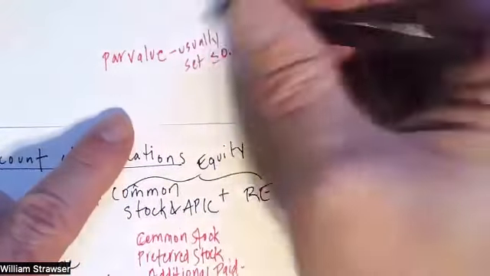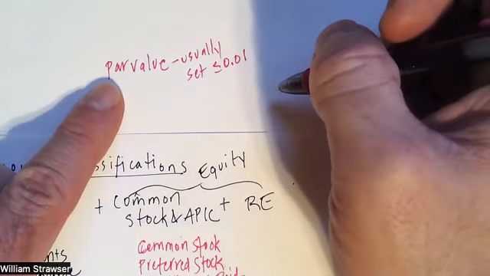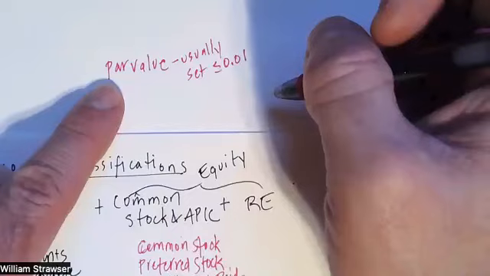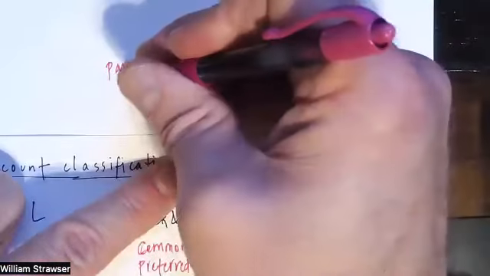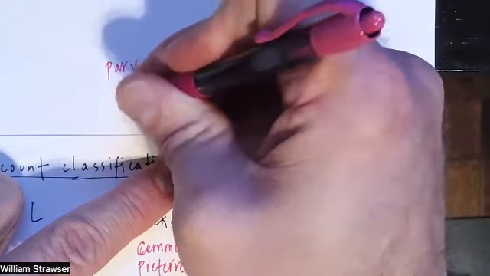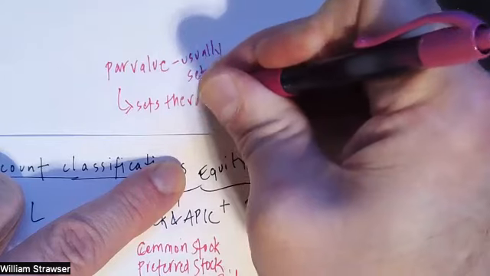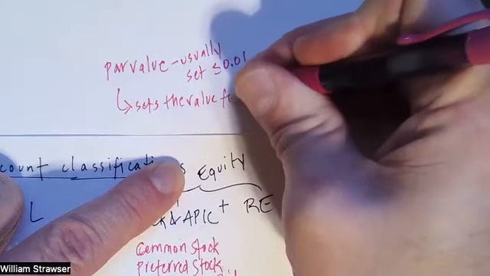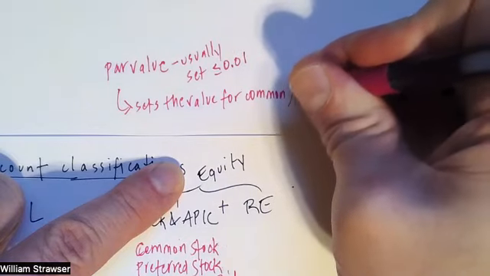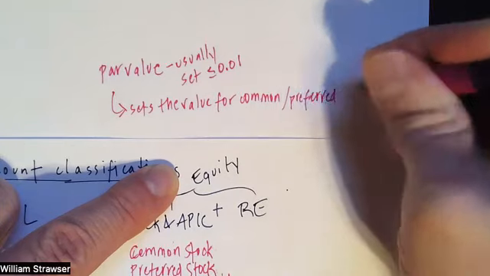But the par value, besides legally having the implication that this is the amount of money under which the stock cannot trade, also sets the value for common and preferred stock accounts. So when we issue shares,